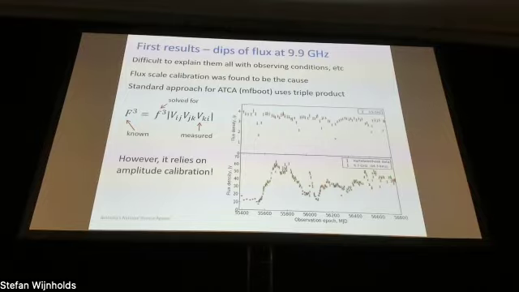And playing with it, or largely dropping one antenna in turn, I realized that actually the values change quite significantly when you do that. And then I realized that basically the problem was with the flux scale calibration, which we do on our primary calibrator 1934-638, rather than the data themselves. The flux scale calibration in the standard Compact Array data reduction is done with task MFBOOT or GPBOOT. They have a very similar algorithm, which actually uses triple products. And that's why I always thought that it should be robust to any phasing problem.